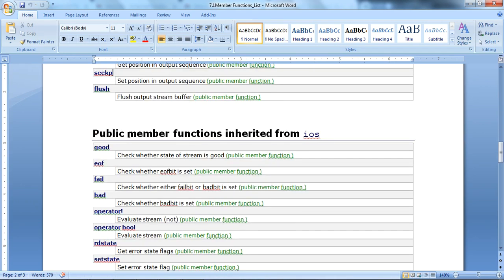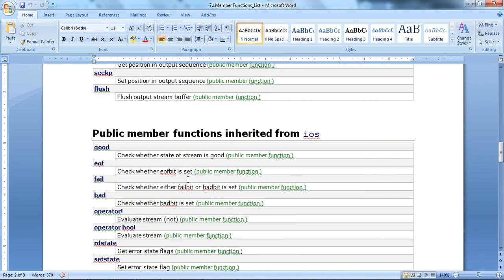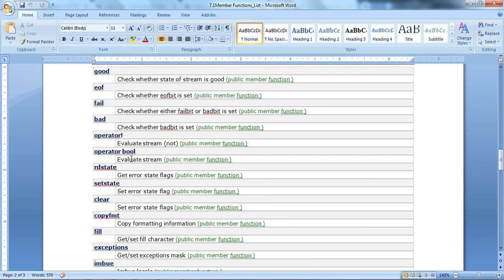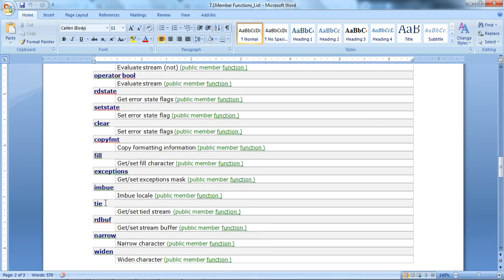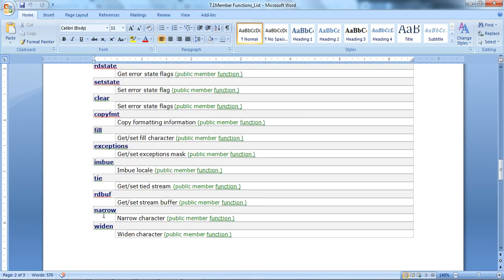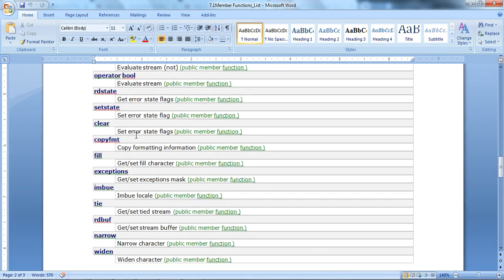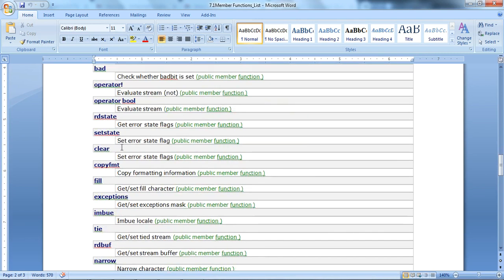Now the public member functions inherited from the ios: good, eof, fail, bad, operator bool, rdstate, and exceptions, which is related to exception handling. Then again rdbuf, widen and narrow. These are the functions that come under the ios for file input output.